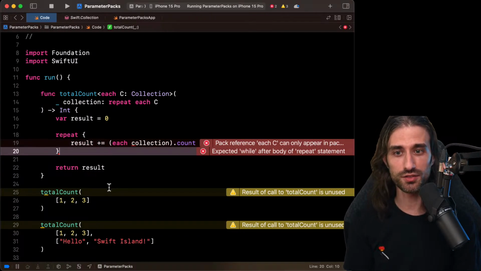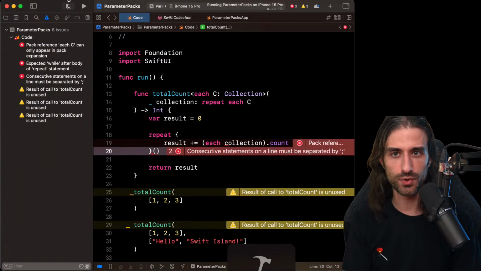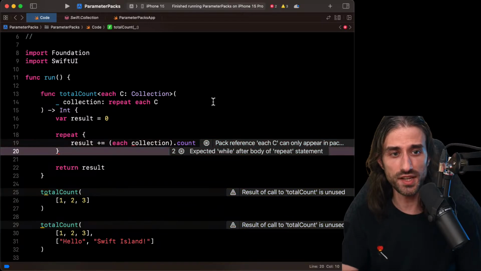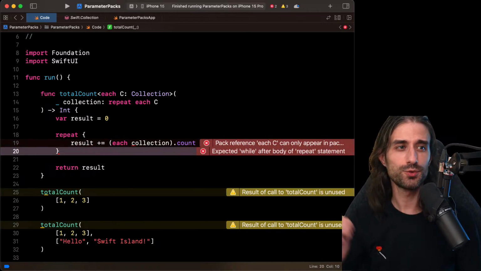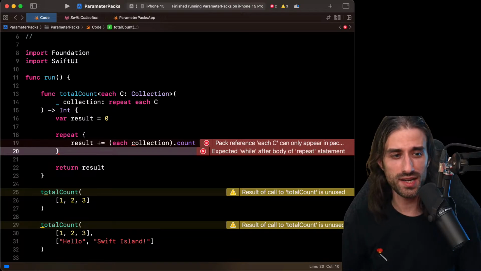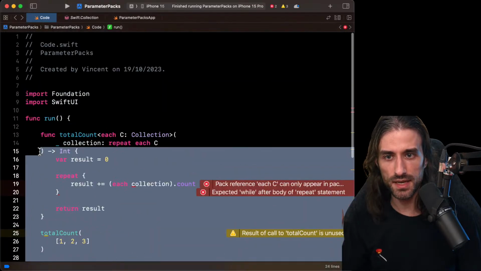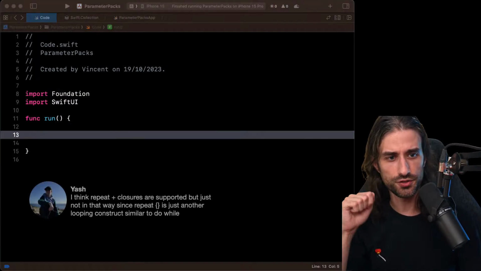Which is a shame because honestly, it would have looked pretty nice. It would have been pretty elegant. And even if I call the closure immediately, it also doesn't work. So great idea. A shame that it doesn't work. Let's move on to the final example, the one that can be really useful if you use SwiftUI, for example. So if you use SwiftUI, maybe you're using the environment. And I just want to answer this question before.